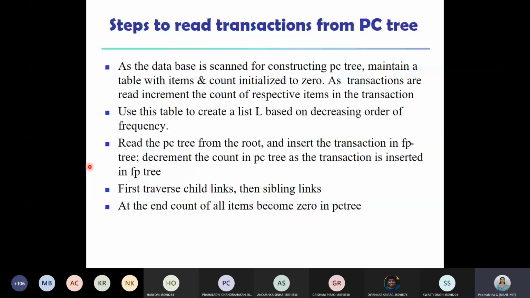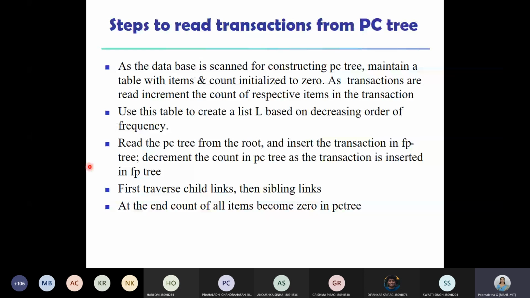Using those transactions, we construct the FP tree. And once we have the FP tree, using the FP tree, we determine all the frequent patterns. So once I have the FP tree, all other steps remain the same because we have already studied the FP tree. It's the same concept. So here I'll just tell you how to construct the PC tree, and from the PC tree how to construct an FP tree.